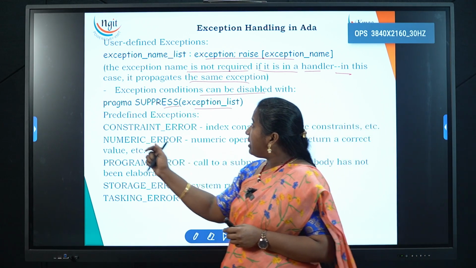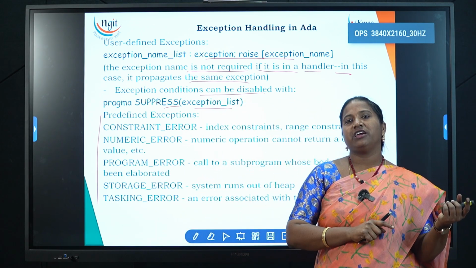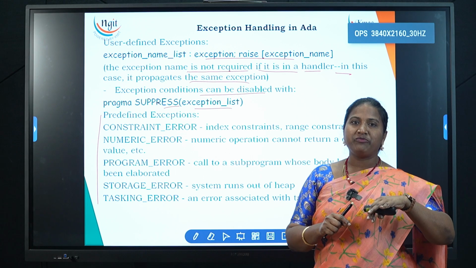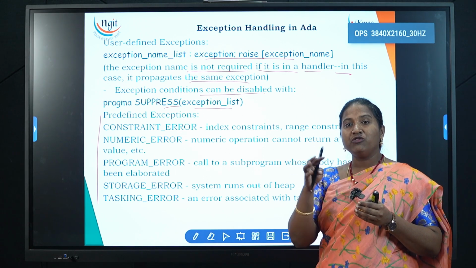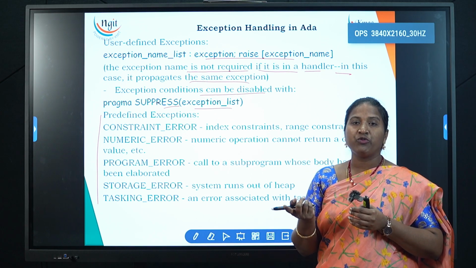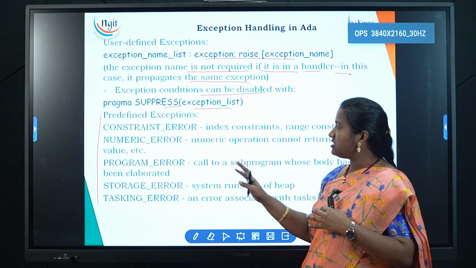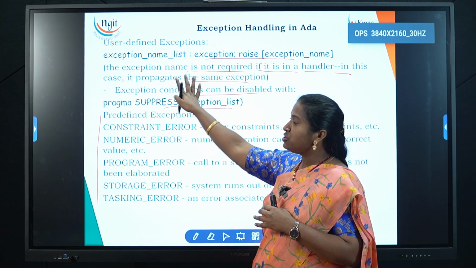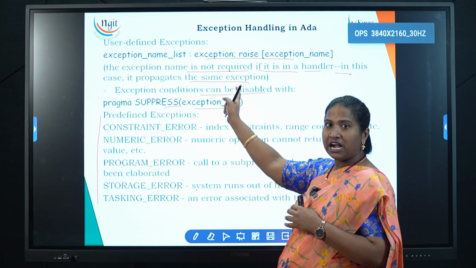Now let's see, predefined exceptions can also be defined. We saw this in the design issue: if predefined exceptions are defined, how will they get defined, and if predefined and user-defined both get defined in the program. So that part has a design issue. The ADA language supports predefined exceptions and user-defined exceptions. If you want to specify user-defined, we'll take that syntax.